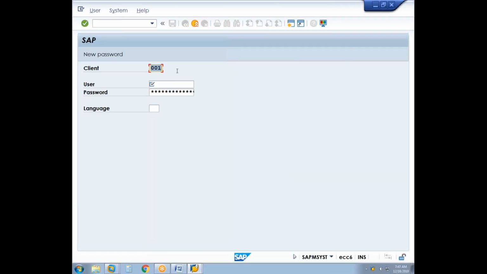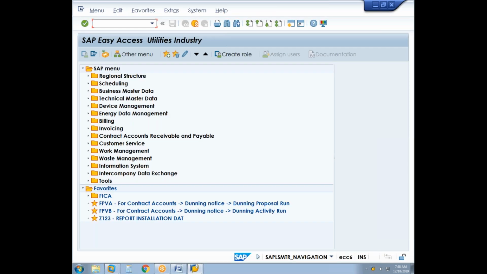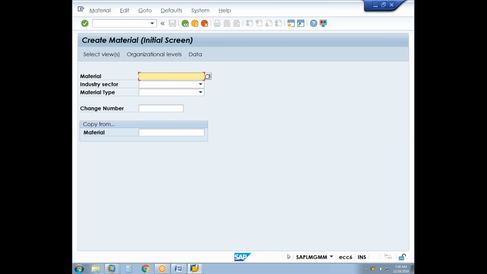We will consider a material to be created only when we have n number of equipments for the same material, and we are actually processing the equipment as a material in logistic functions. So to create a material master, we use the general functionality, MM01, create a material master. To create a material master, we have two dependencies. One is the material type, another is the industry sector. Material type is basically